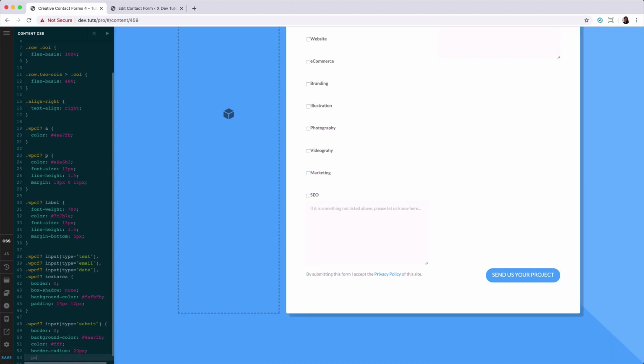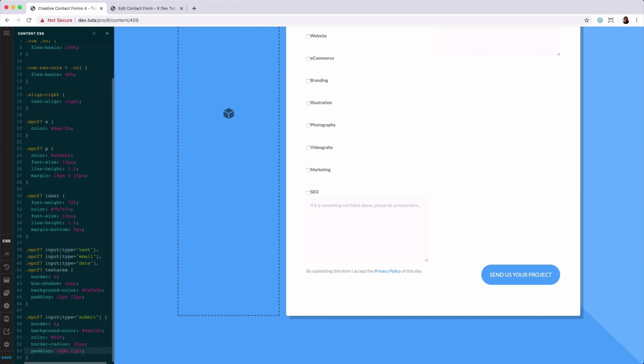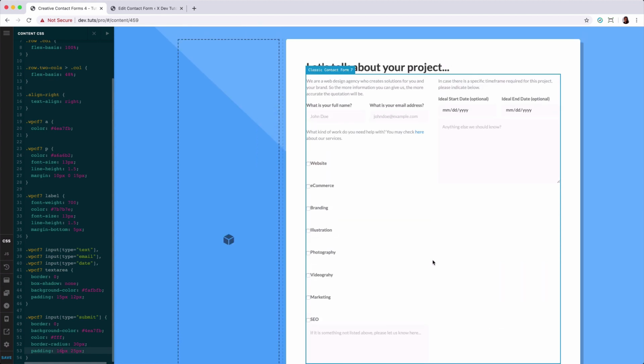Let's add a padding of 20. Is it too much? Let's put 50. Actually, let's try to put this 25. Border radius to 30. It's too high, so let's try setting it to 16, and it should be enough. So we style the submit button, and now let's style our